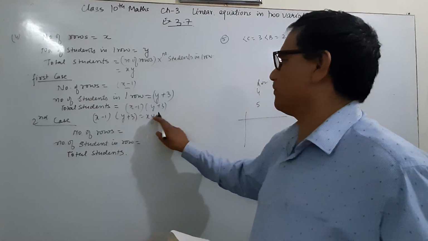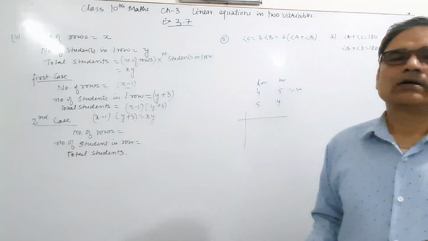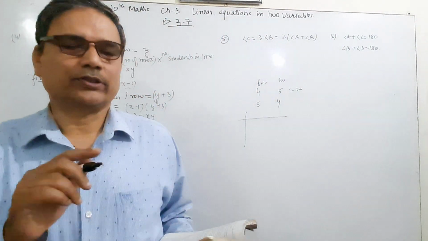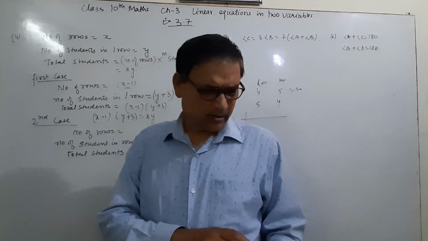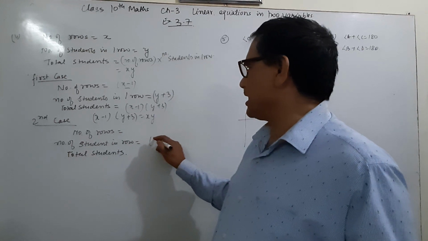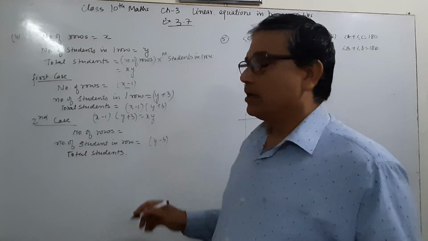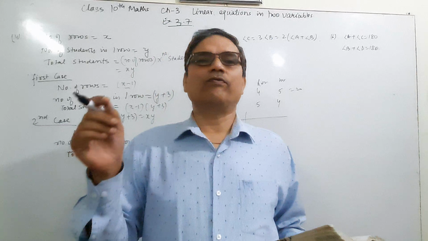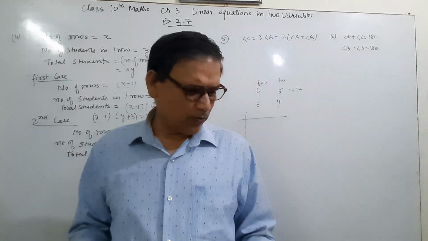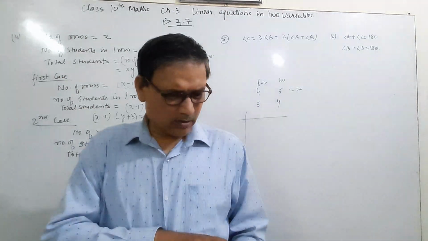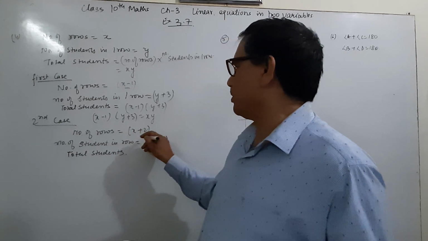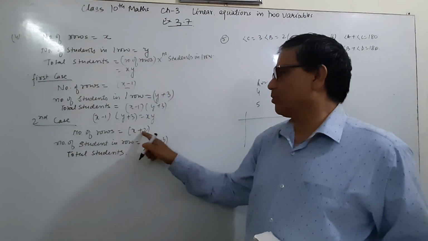And now solve yourself. This is similar to the previous one. Open the bracket, xy will cancel, it will form an equation. And second, if 3 students are less in a row, now the number of students is 3 less, that means y minus 3. If the number of students in one row will reduce, then number of rows will increase. How many rows will be increased? That will be 2 rows more. Number of rows x, and 2 rows will be more.